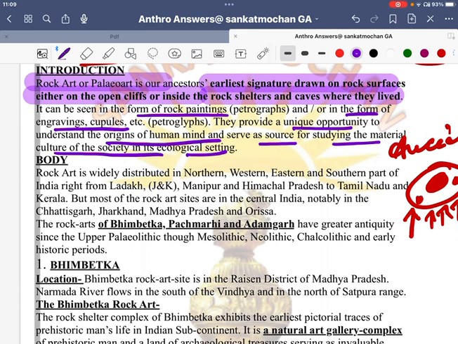You have to interrelate. Just asked about rock art, how it is related to environment, how it is related to culture, how it is related to society. This is what UPSC wants, to interrelate the topic. As you can see, a GS1 question is asked in GS3, a GS3 question is asked in GS2. There is no segmental bifurcation right now in UPSC, neither in prelims nor in mains. All they want is holistic and smart study.